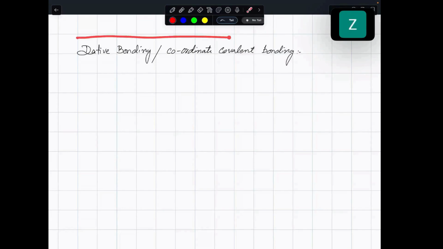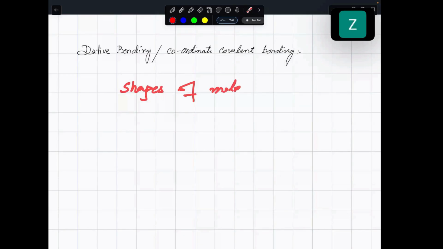But before starting dative bonding, you know what we did in the previous lecture? In the previous lecture, we have done the shapes of molecules. Actually, why am I revising? Because we need to use them in the dative bonding, and when we use the shapes in dative bonding, you will be able to memorize the angles